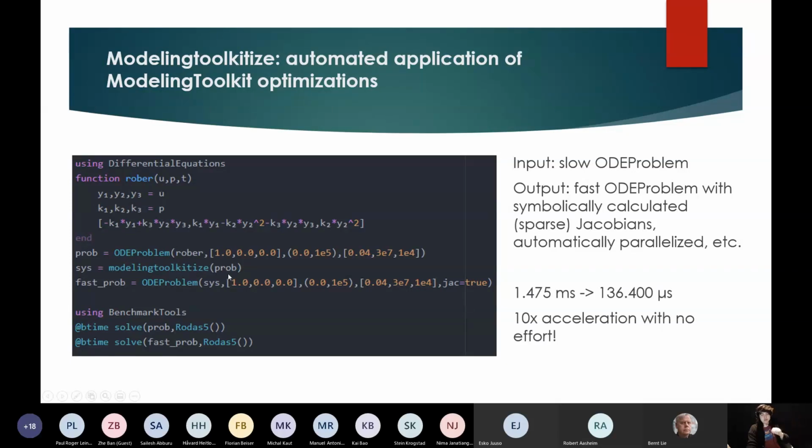We tell them to automatically translate it into the symbolic version, and then we let the symbolic version build a new version of the ODE problem, which has an analytical Jacobian in there. And this is one way to get a 10 times acceleration on a stiff ordinary differential equation, where the user doesn't have to make sure that they write down fast code. The user doesn't have to make sure that they write down a Jacobian. All of that is actually done for free using these compiler tools on the symbolic form of the underlying equations.